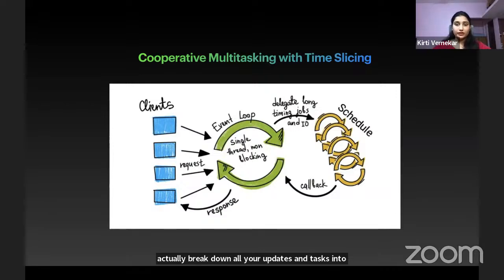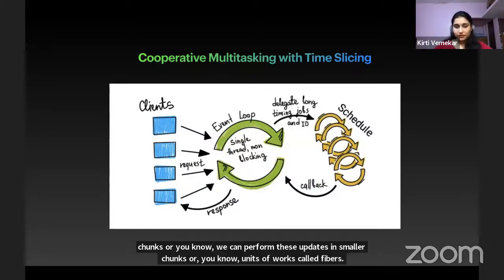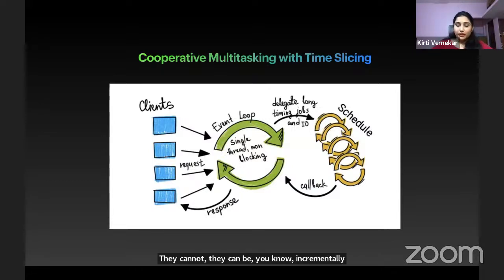So every component has a fiber node associated with it. We briefly discussed the fiber node data structure in the previous session, so if you want to check that out, please do. Because we can perform these updates in smaller chunks or units of work called fibers, they can be incrementally processed. In a cooperative scheduler, the React team says that we can't forcibly interrupt